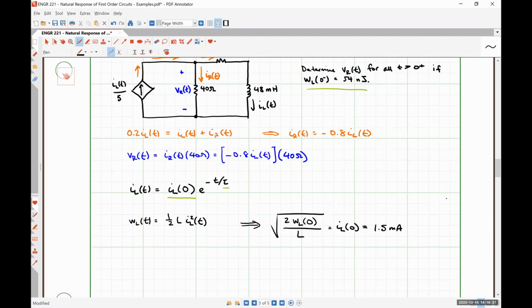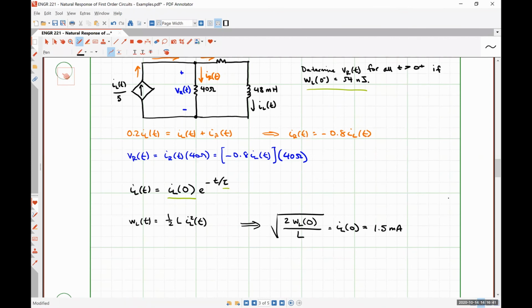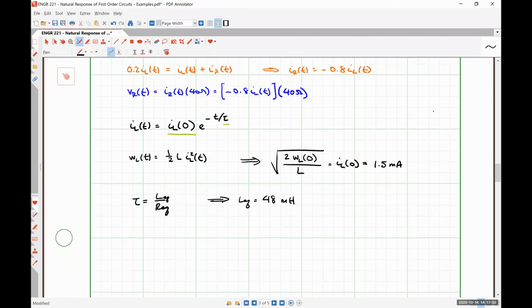All right. So now we need to figure out what the time constant is. The time constant for an RL circuit is the equivalent inductance over the equivalent resistance. The equivalent inductance here has to be 48 millihenries because there are no other inductors. That's pretty straightforward. Finding the equivalent resistance is going to be a little bit more difficult